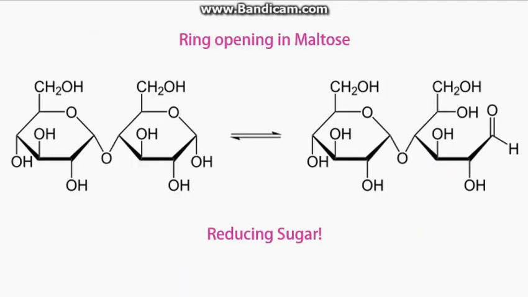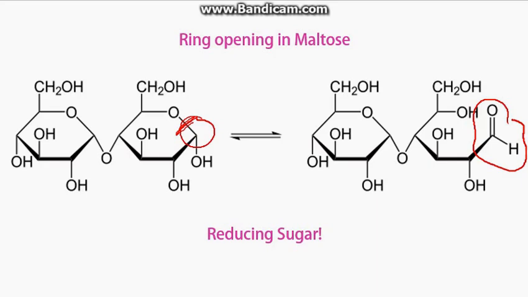Now in this slide you will observe how the ring opening in maltose takes place. So this is precisely the same structure that we discussed earlier. Now see this part of the molecule. It is this bond which is actually breaking in maltose when it is exposed to certain conditions. And when this bond breaks, maltose is able to get back its aldehyde group because it is made up of glucose, and you know that glucose is an aldose sugar. So at least one monosaccharide of the disaccharide is able to get back its CHO.